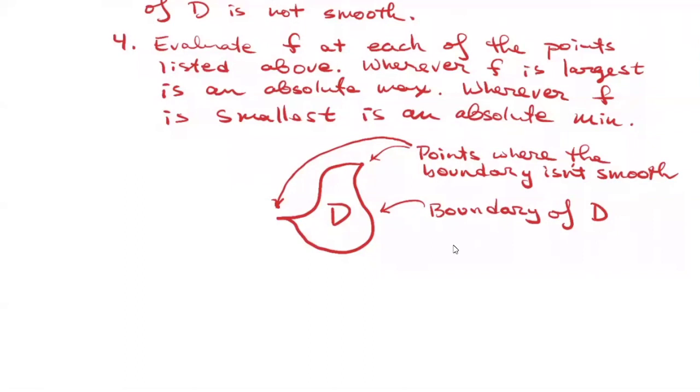All right, so for our first example, we want to let f of x, y be x squared plus y squared minus 2x over D, which is just a triangle. It's really the region inside the triangle and the boundary with vertices 2, 0,